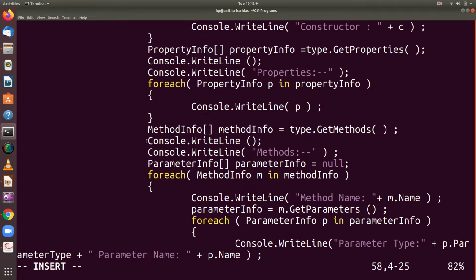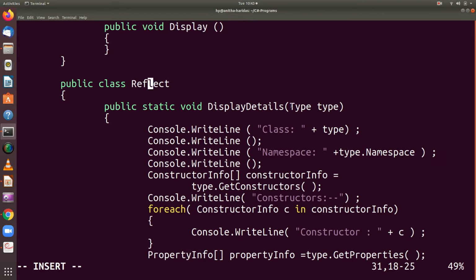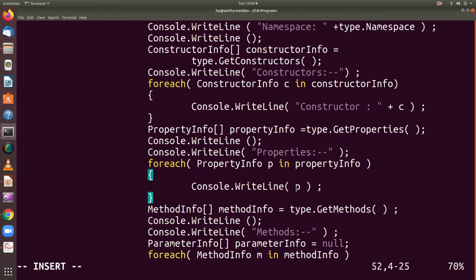Then you have another class available in the Reflection namespace which is MethodInfo, that gives you the metadata about the methods of a class. Again, I use the GetMethods method to access the information about the methods that are used by this particular object. This is the object we are passing, right? If I am going to pass the Employee class, that becomes the object, or if I am going to pass any other class name, that becomes the object for accessing all this information.